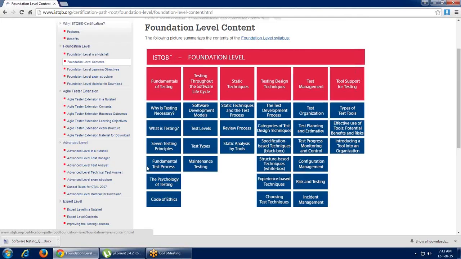And the last one is code of ethics. That is where the main funda is all about the ethics that a certified tester should follow. The benefit of this certification, if you are planning after completing this course content, is that it will be an added star in your profile, which makes you more filtered whenever you apply for a job regarding QA.